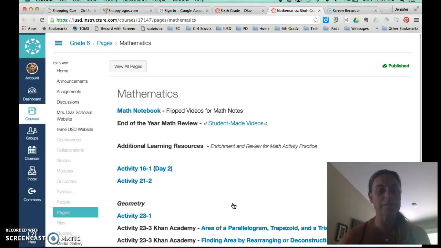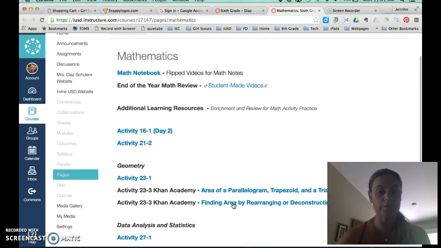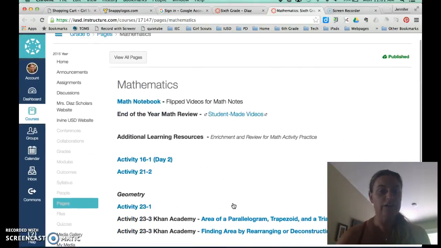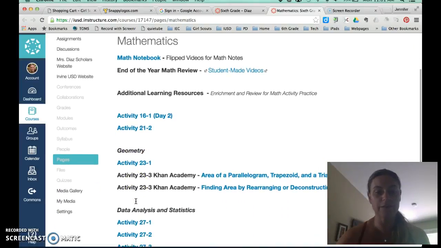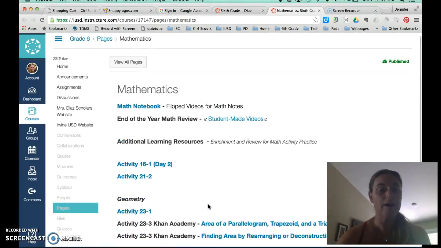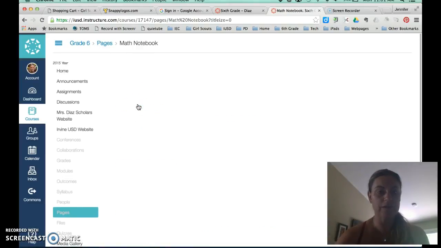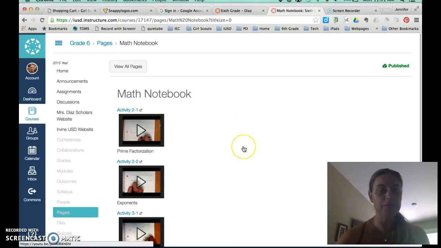And then this is my mathematics page, and it's kind of a work in progress. I was moving stuff over before summer, and my new session isn't open. So this is what it looked like at the end of last year. So you can see where I was starting to put different links, different resources for students that would help them. Some of them are just Khan Academy videos and things like that. This is the math notebook. These are the flipped videos that I've made. And I move them all into one